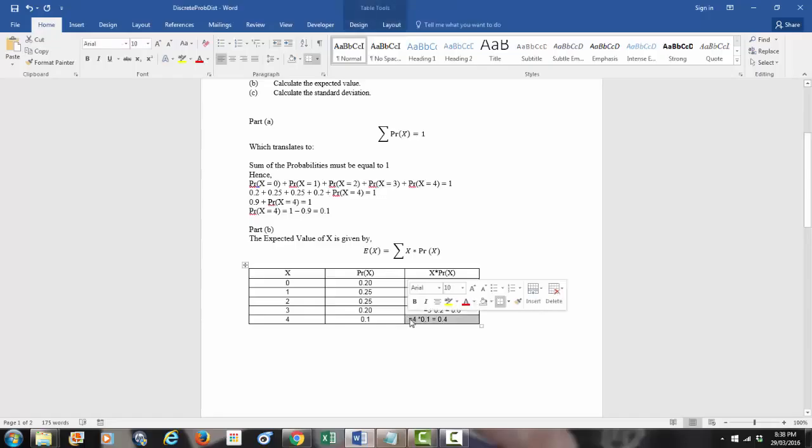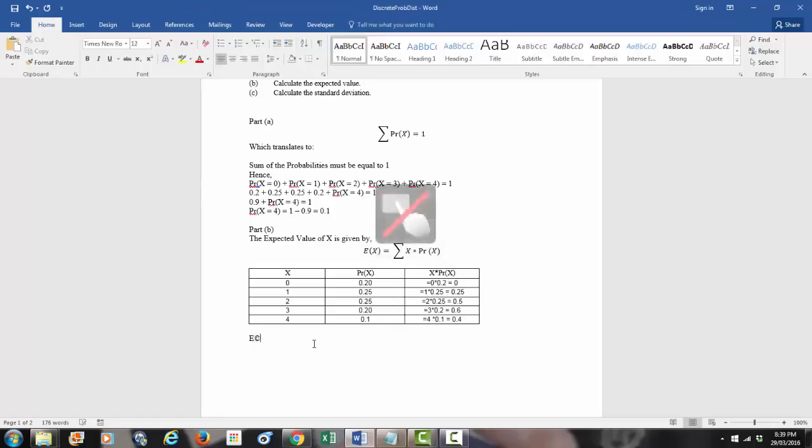So now what we've done is we've calculated this x times probability of x for each of the different values. What we will now do is apply that sum operator and we'll add them up. So therefore the expected value,